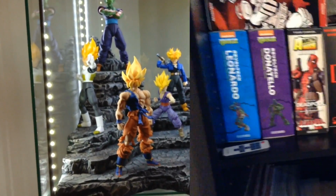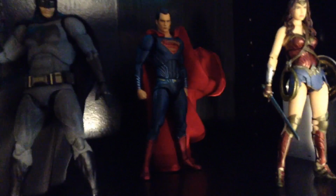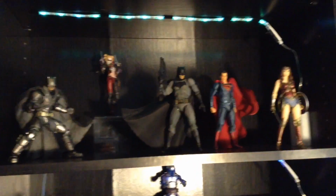Later. Here, and today I have a new and then next to him we have the Mayfax Dawn of Justice. I know there's not too many figures up there, but that is what I have of